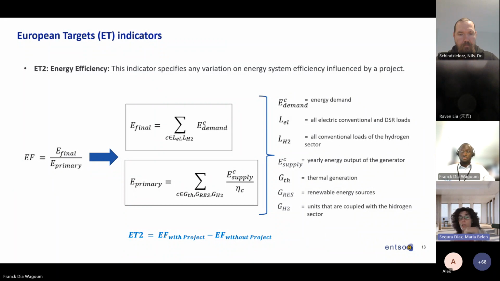And the primary energy consumption is the yearly energy output coming from thermal, renewable, and units that are coupled with the hydrogen sector. To compute the primary energy consumption, we need to divide the energy output by the energy efficiency of each generator device. And finally, to compute the contribution of a project to this indicator, we have to calculate this indicator with and without the project to give the contribution of the project. In the next slide,